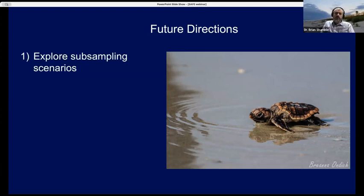But one of the things that we may have to do moving forward is scale back sampling. The goal was always to try to collect a sample from every single nest. That may just not be possible moving forward. So one of the things we're trying to do now is explore different subsampling options to figure out how we can get the most bang for the buck. We can stretch those donation dollars as far as we possibly can. And one of the ideas that we're contemplating is actually starting to try to sample more dead hatchlings during nest